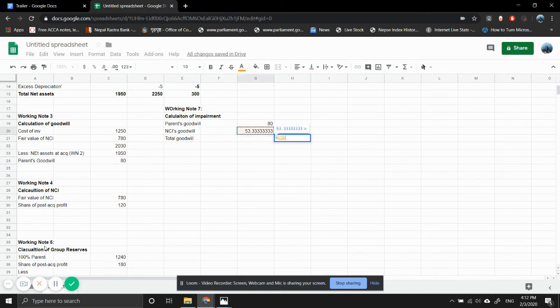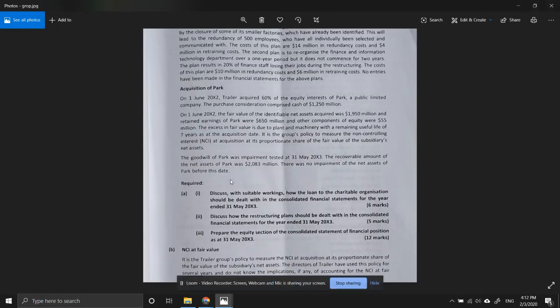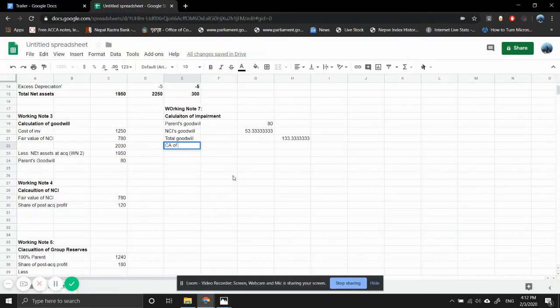So total goodwill is this plus this, and then what's our carrying amount of net assets before that date. Okay, so carrying amount of net assets is this figure, right? So this will give us the total valuation for the company,